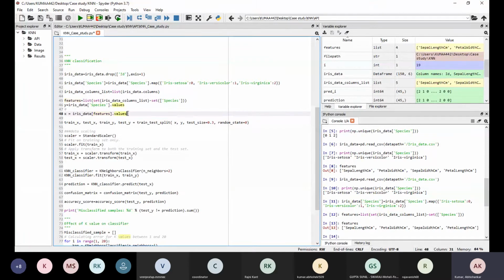In line number 50, we are doing train test split. Why are we using random state equal to 0? Last time I explained the cause of putting random state. You have to tell me. To make the model reproducible.